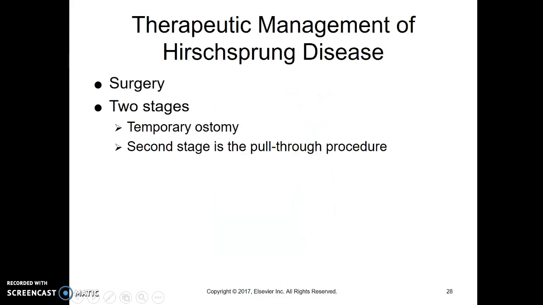That's the same picture. So how do we treat Hirschsprung's? Well, you cannot make peristalsis in that part of the bowel. There are no nerve cells there. It won't happen. All we can do is take it out. So you have to do surgery. That very distended part of the colon needs to heal, needs to evacuate that stool and regain some muscle tone. It's been so stretched out for so long, it really loses its muscle tone. So we'll put in a temporary ostomy, let everything get to normal, and then we'll reanastomose, do this pull-through procedure